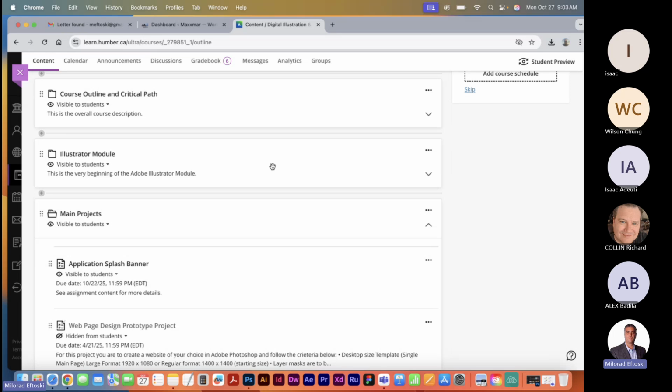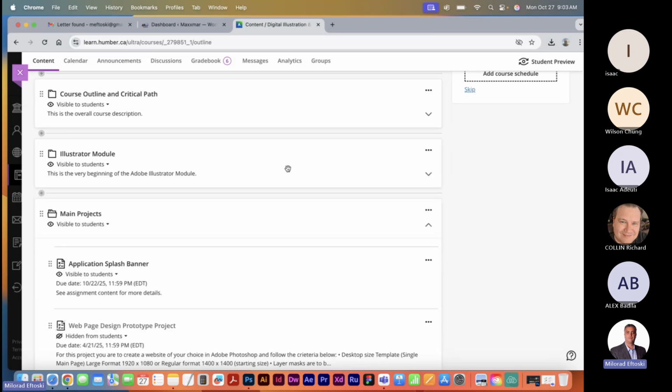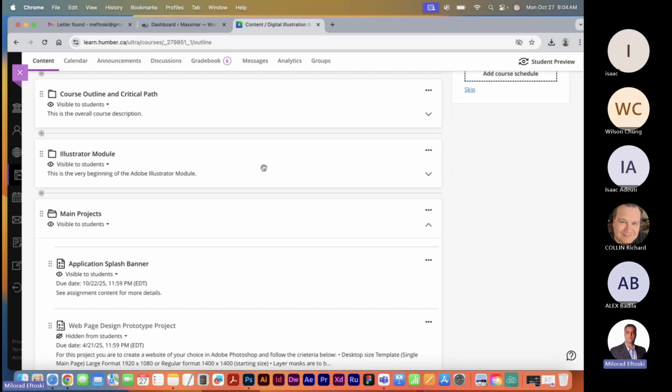Our list here, the Illustrator module is done. I hope you guys learned a lot from the Illustrator segment. Illustrator is a great tool. I wish I could show you another 7 weeks of Illustrator, but to be honest with you, a lot of this stuff I've taught you already is spread out throughout the whole entire semester in the graphic design program. I just took the best of the bits of information to share with you